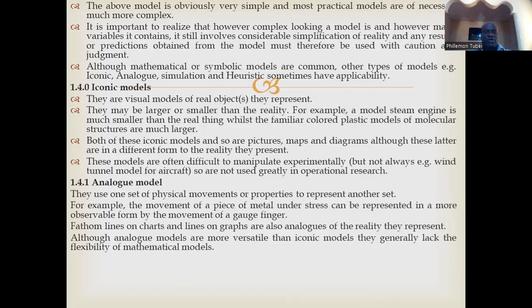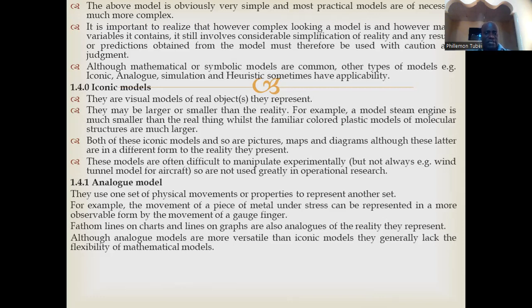Yes, it is important to realize that however complex looking a model is, and however many variables it contains, it still involves considerable simplification of reality, and any results or predictions obtained from the model must therefore be used with caution and judgment. Although mathematical or symbolic models are common, other types of models are the heuristic, iconic, analog, and simulation. So let us start with